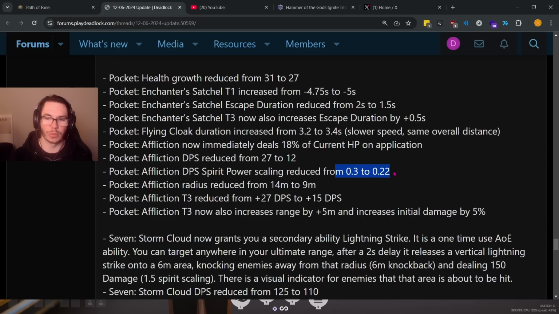And the spirit scaling was also nerfed, meaning in general the ult doesn't do as much DPS, but dealing 18% of current HP instantly is very strong, and you get an extra 5% when you get tier 3, meaning you deal a total of 23% of current HP to the target. And usually Pocket's ultimate is an initiation tool, right? So people are going to be nearly full health. So if someone has 2,000 health, you're just going to be hitting them with like a 500 damage nuke instantly with the ultimate. So I don't really see this as a Pocket nerf,